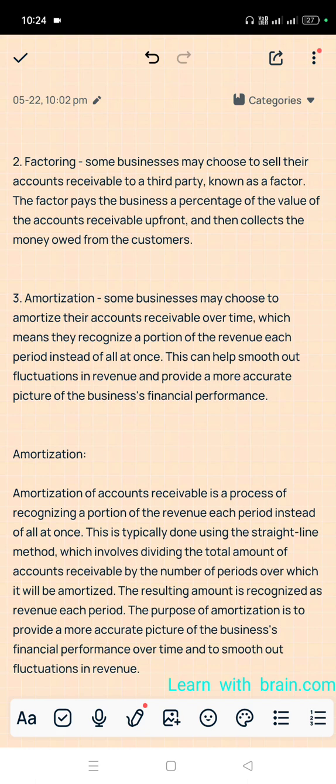Okay, different types of factors are there. We will discuss them in a separate class. Okay, so this is the inner meaning of factoring. So factors collect accounts receivable on behalf of the company, and they will charge some commission. Okay, next,